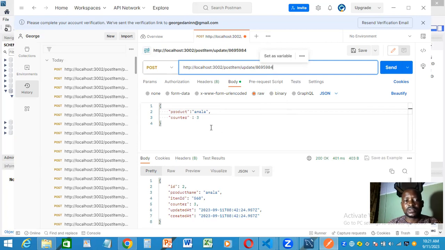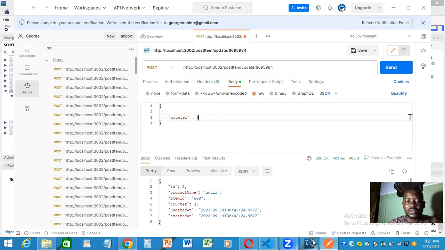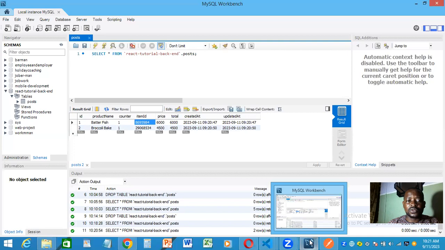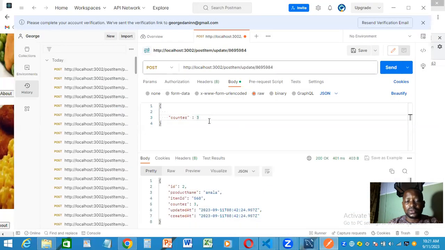So I will remove this. It's not necessary any longer. What we want to update: you can see initially the counter is 1. So I want to update it to 2, or let's leave it as 3. So once I send this thing,